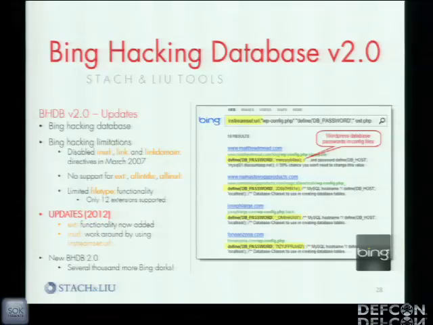But now we're proud to say in the latest version, due to two major updates, we are for the first time able to make Bing hacking just as effective a tool as Google hacking. And that's because one, Bing decided to enable the ext: operator to allow you to search by file extension within the last year. So that was one. And two, and this was the big one,